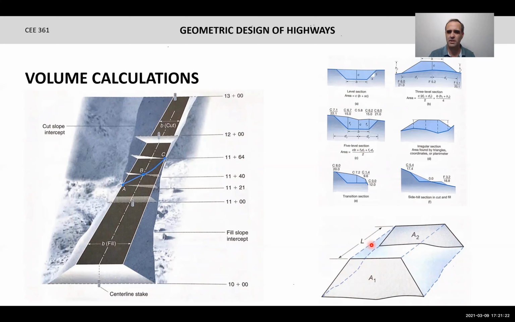That has an error. There's another equation that considers the area of a section in the middle. Again, I'm not going to go over that, but you will compute the volume between every pair of cross sections you consider. And with that, you're going to compute a cumulative diagram that helps you to determine how you're going to move the Earth. It's not just about how much Earth you're going to move, also how you're going to move it, because